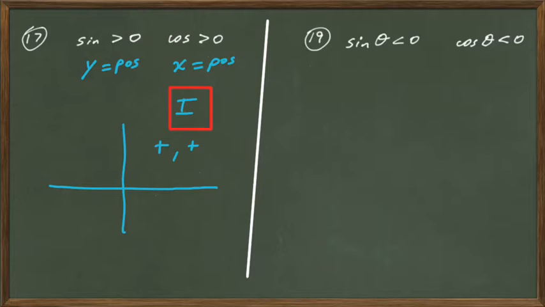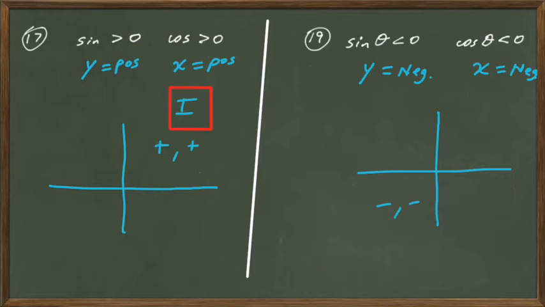Okay, 19. Sine is what now? Sine is the y, isn't it? Less than 0 means negative. Cosine is the x. Less than 0 means negative. In what quadrant is the x and the y negative? Hopefully quadrant 3. Okay, 17 and 19, we're identifying the quadrant based on the positive or negative of sine, cosines,